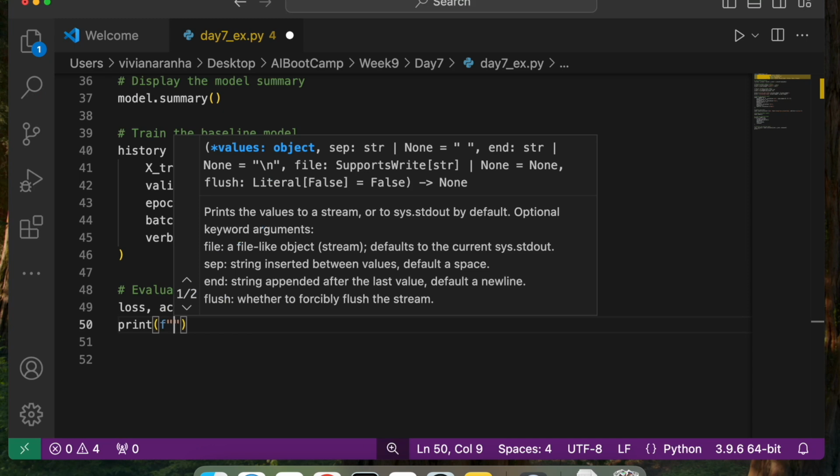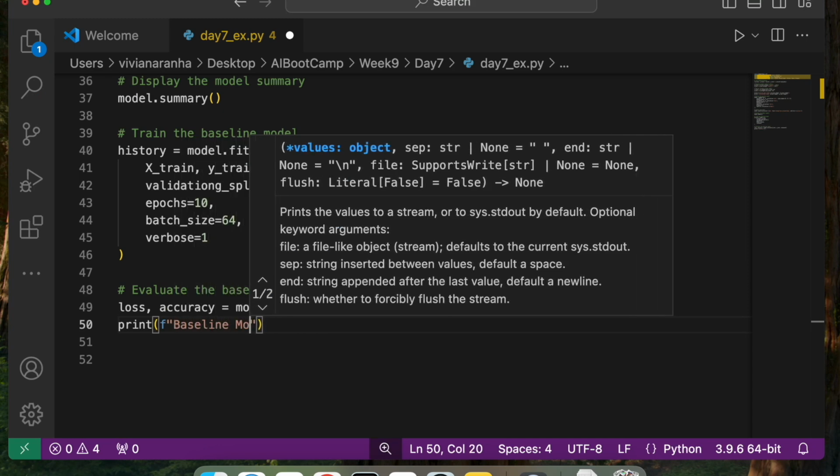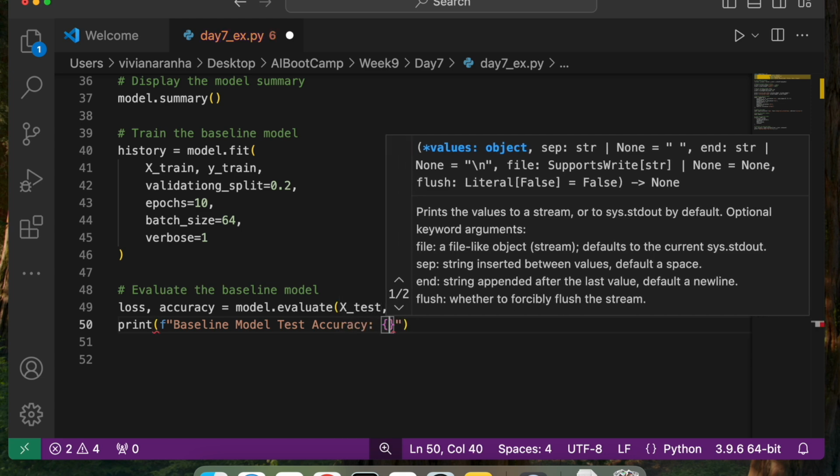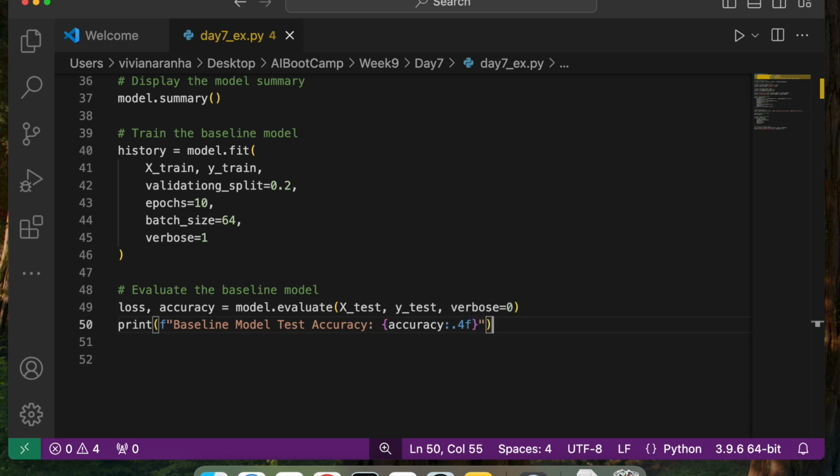So I can print that out. I'm going to say baseline model test accuracy is accuracy, with .4f. Perfect. So that will evaluate and give me my baseline model.